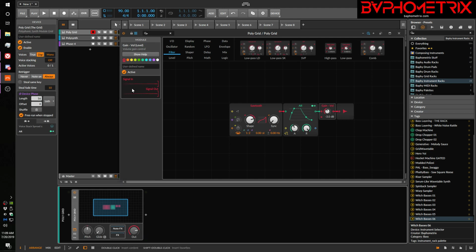Now, Didja Mono is different in that it always re-triggers from the beginning of the envelope each and every time. No matter where it is in the release phase, no matter how high the amplitude is, it's always going to jump to the smallest amplitude at first and re-trigger the envelope. If we make this envelope a little longer, you can hear it. And again, if we go to true mono and play the same thing,